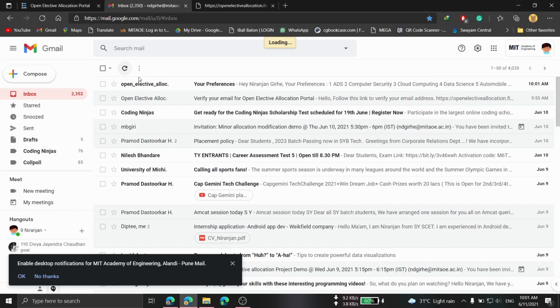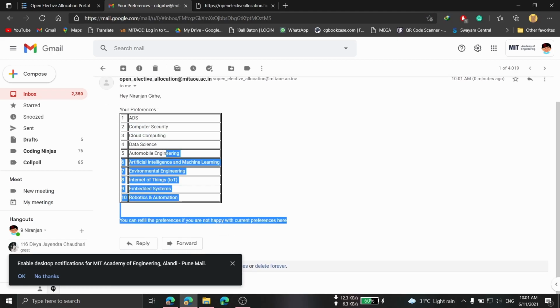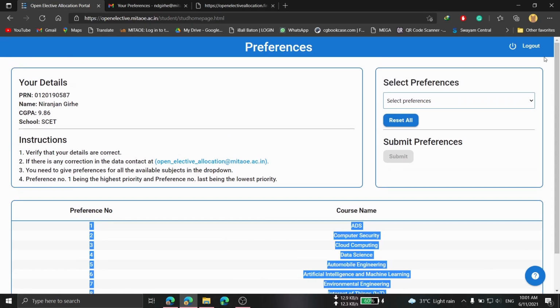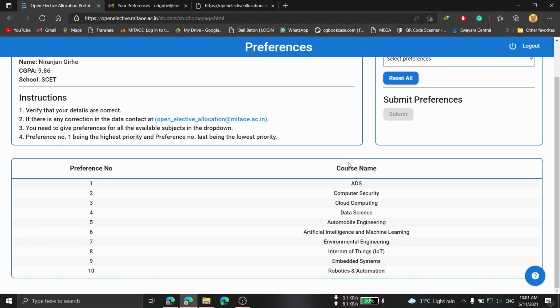So if I refresh the page, I can see one mail, your preferences. These preferences are the same as this, and I can log out, come back at a different time, and change my preferences again. If I want, I can log in again. Here I will see my previous preferences.